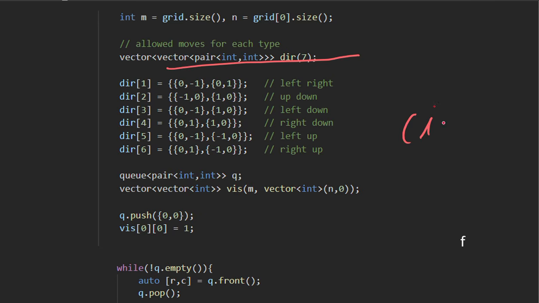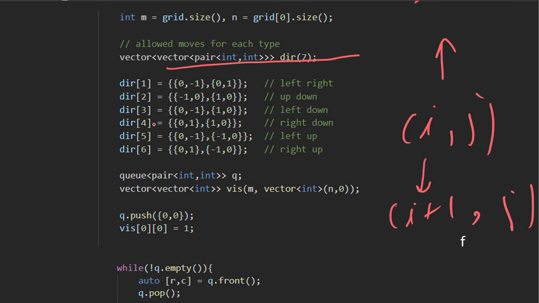So suppose we are at i comma j, and if you have to go up, then our row will be decreased by 1, so we'll go to i minus 1 comma j. And if you have to go the down direction, then we'll go to i plus 1 comma j. That means our row will be increased by 1.